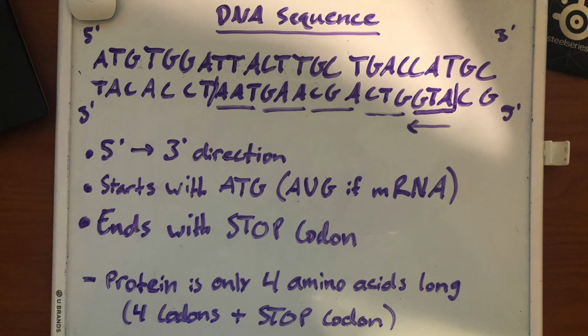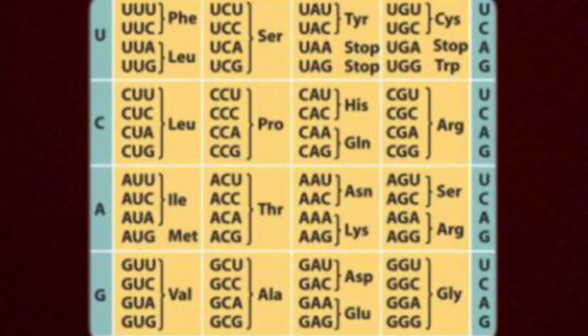Now in the second strand, we have an ATG that is going in the other direction, 5' to 3' still, but it's reading right to left instead of left to right. So we have ATG, GTC, AGC, AAG, and TAA, which will be the correct reading frame because it ends with a stop codon. This is just the codon dictionary that we'll be using to piece together the amino acids that are created.